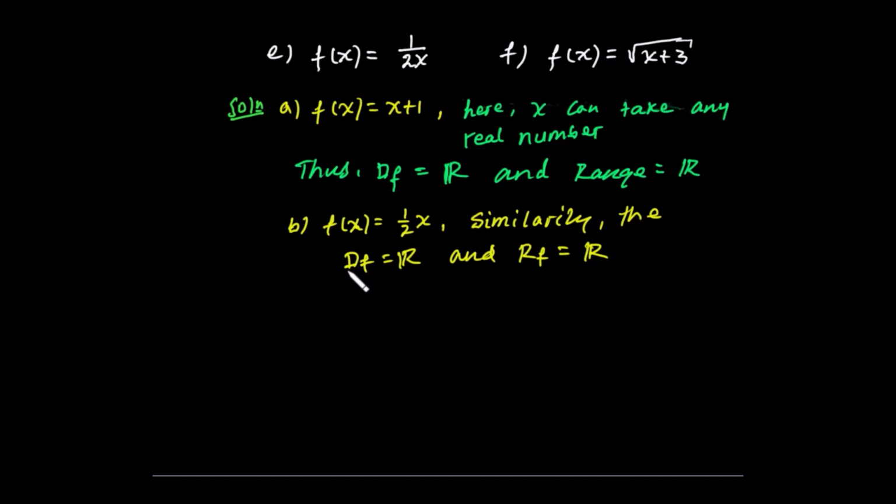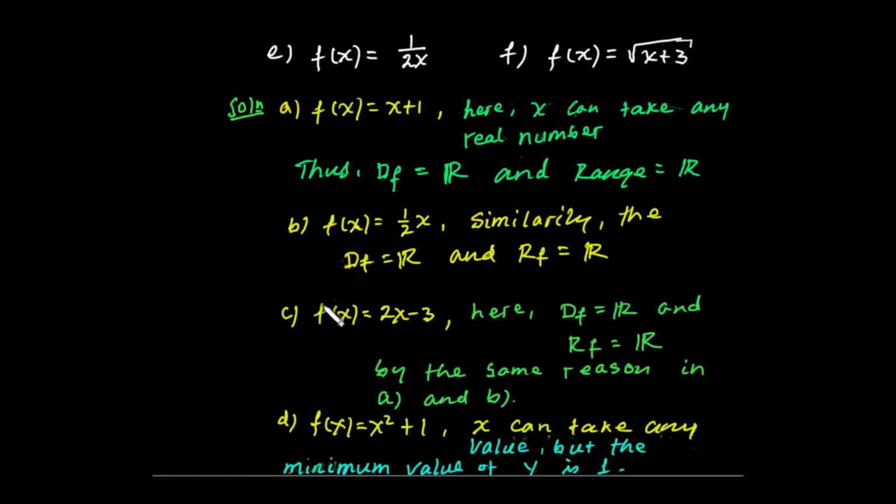እዚህ ላይ ልብ በሉ ተማሪዎች፣ d f ብዬ እዚህ ላይ ስጽፈው the domain of the function f ማለት ነው፣ r f ብዬ ስጽፈው the range of the function f ማለታችን ነው። ይችኛዋ all real numbers መሆኑን እንድታውቁ ነው። ስለዚህ ለa እና ለb ተመሳሳይ ዶሜን ያለው the set of all real numbers for the domain and range ነው። እሺ።